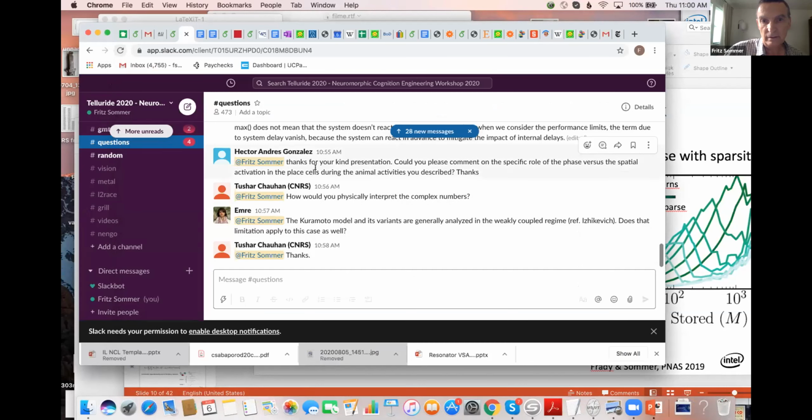Could you comment on the specific role of the phase? You see that one? Yeah, Chris is hovering over it. And could you please comment on the specific role of the phase versus the spatial activation in the place cells? Yes. So, through this circular convolution exponentiation trick,